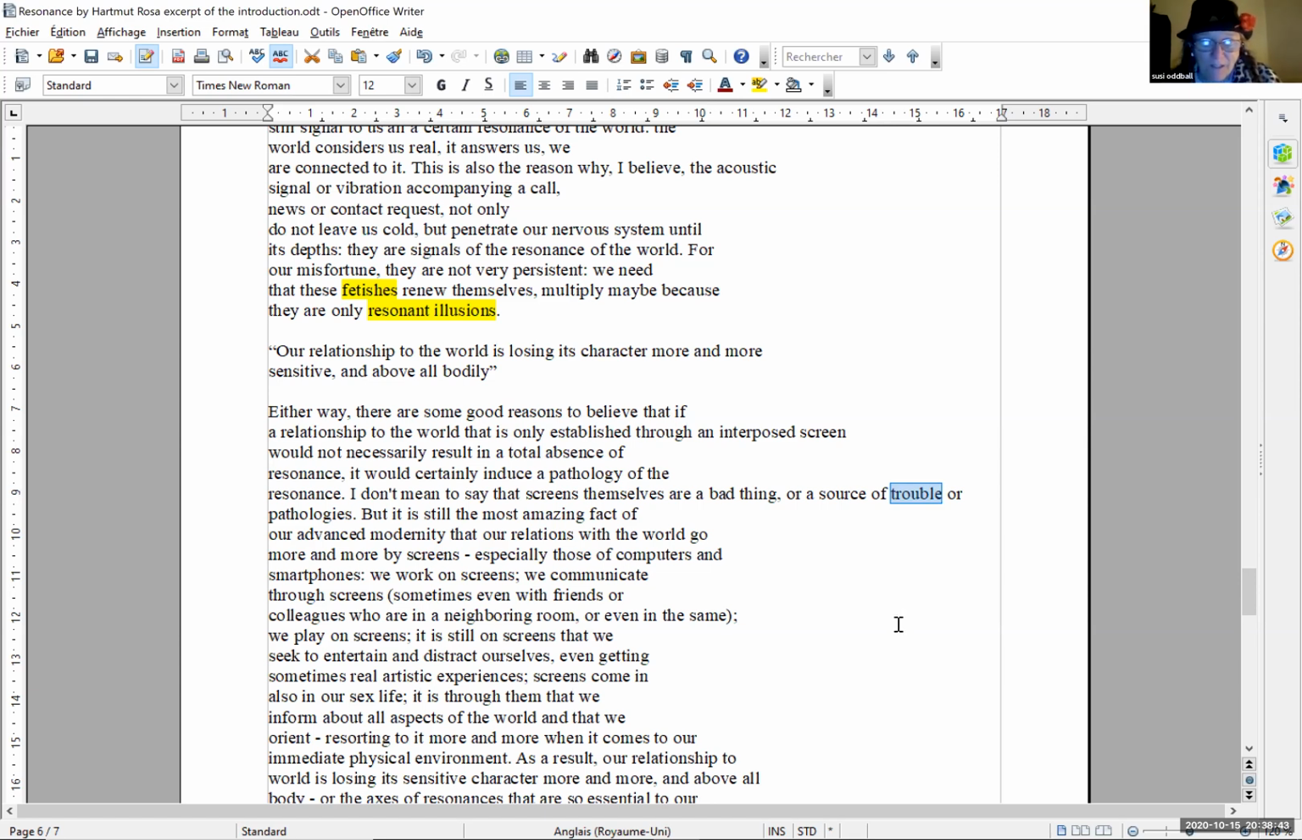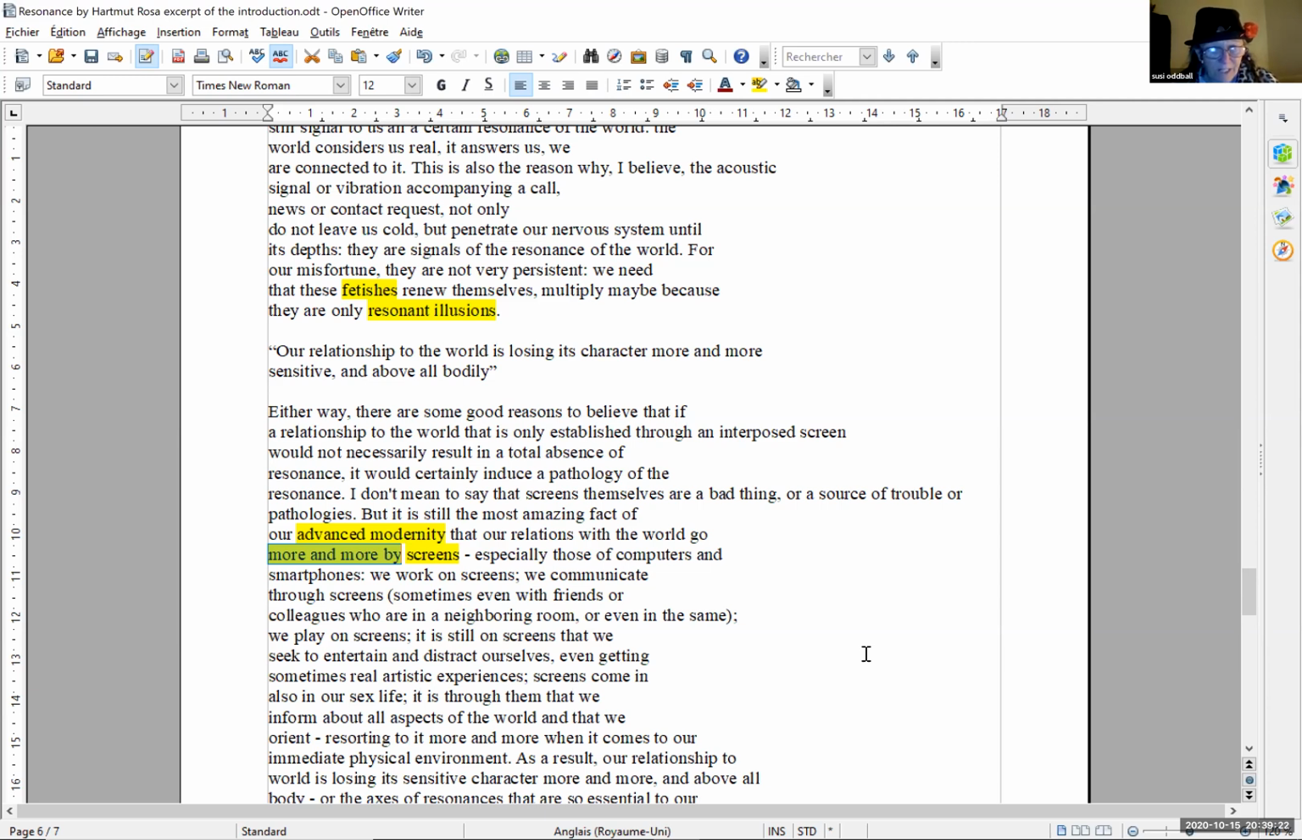I don't mean to say that the screens themselves are a bad thing or a source of trouble or pathologies, but it's still the most amazing fact of our advanced modernity that our relation with the world goes more and more by screens, especially computers and smartphones. We work on screens, we communicate through screens, sometimes even with friends or colleagues who are in a neighbouring room or even in the same one. We play on screens. It is still on screens that we seek to entertain and distract ourselves,